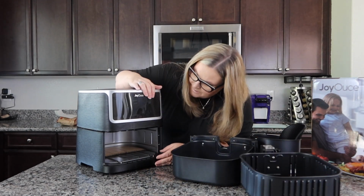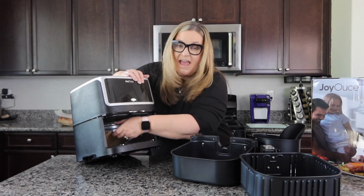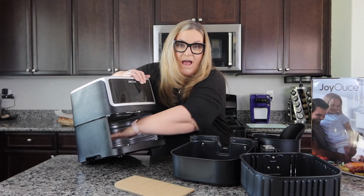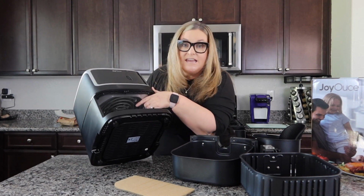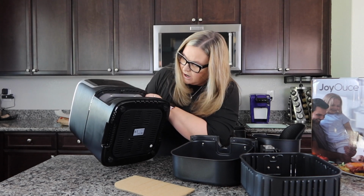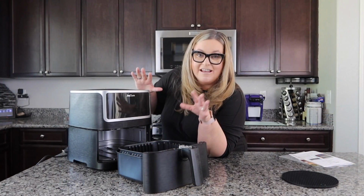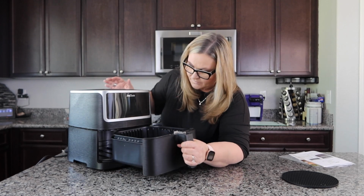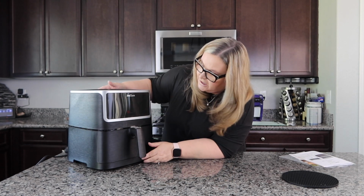So being the first time, I want to take a look inside. Sure enough, there's cardboard in here, right? And I'm actually going to wipe all this out because this is straight from the factory. I can see my heating unit on top there. Very well constructed, nice unit. Okay, so I have my unit clean. I'm gonna throw this in here. You can see it automatically came on, and